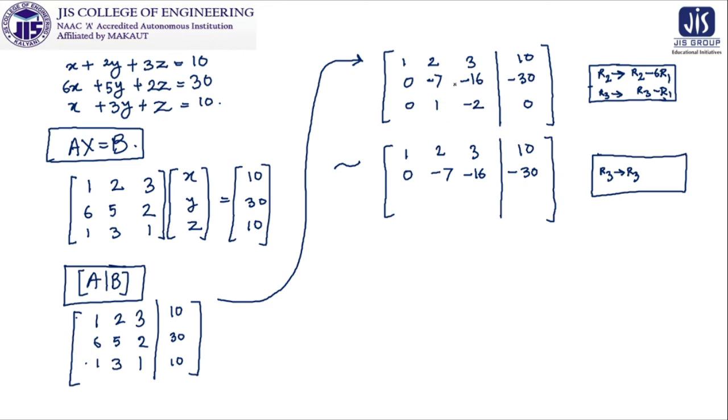By using minus 7. So I can use plus 1 by 7 R2, so that minus 1 plus 1 by 7 into minus 7, that is minus 1, will become 0, and the effect of this 0 will remain as 0 over here. So I am getting this to 0, and following this elementary row operation we are getting it here as minus 30 by 7, as well as it is also minus 30 by 7. So in this regard what we are getting is that